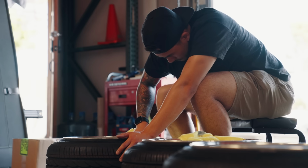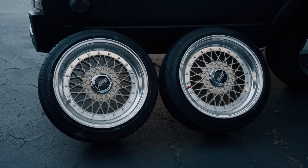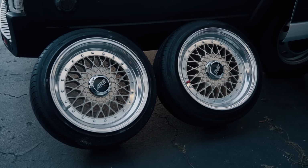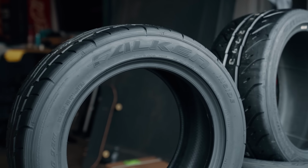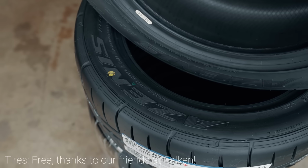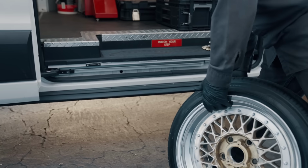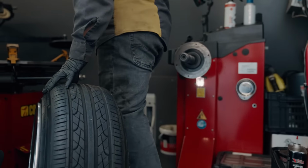but there's still one factor that needs to change, and although they came with tires, these are too small for an E28. So we're gonna have to change them out for something a little bit more substantial. So we called up our friends at Falcon Tire. This time, we requested a set of 225/50 R16 RT615K Plus Azenas tires. As always, Eric from Rocco's Wheel and Tire brought his mobile tire setup to the shop to swap everything out